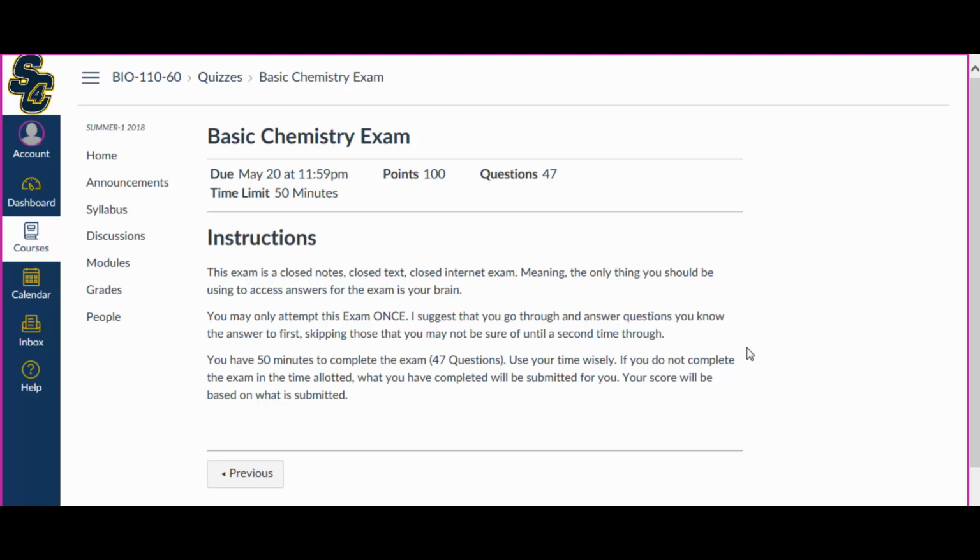And I do that because then you have to have that information in your head in order to complete it. So a minute is not going to be long enough for you to start scrolling through your notes to find an answer, or start going through the internet to find an answer. So I highly recommend that you study ahead of time. You don't rely on the fact that I'm not standing next to you while you're taking the exam, because again,